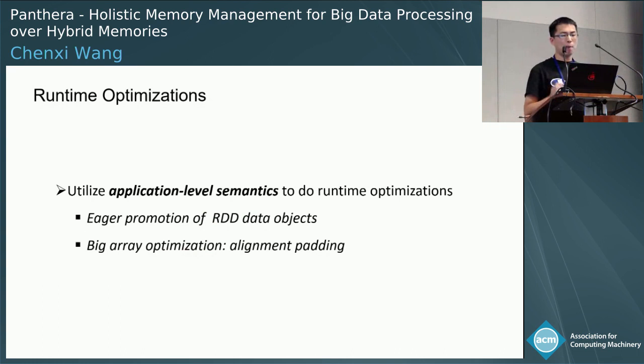After getting the application-level semantics, Panthera does some runtime-level optimizations, for example, the eager promotion of RDD objects. We can see that the tagged objects belong to the persistent RDD, and they all have a very long lifetime. So Panthera can promote these objects to the old generation directly,